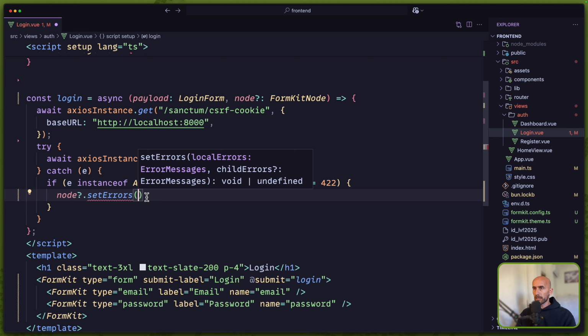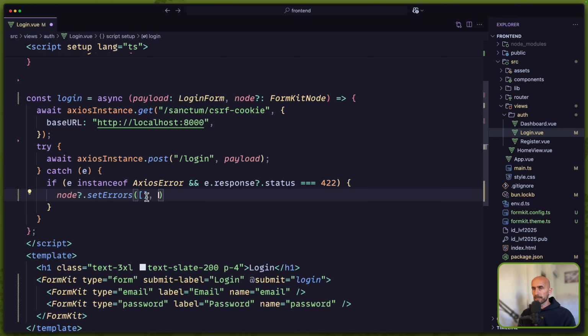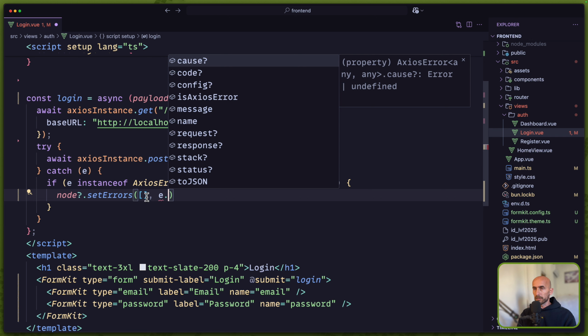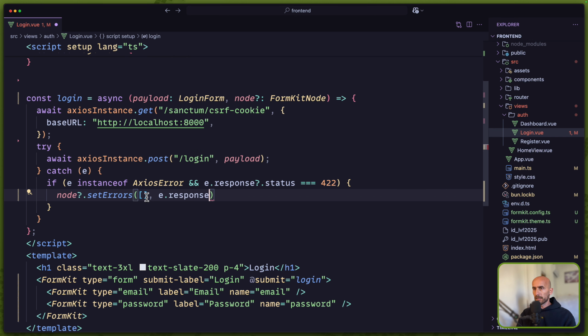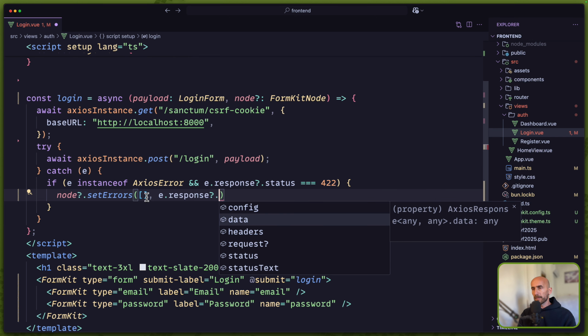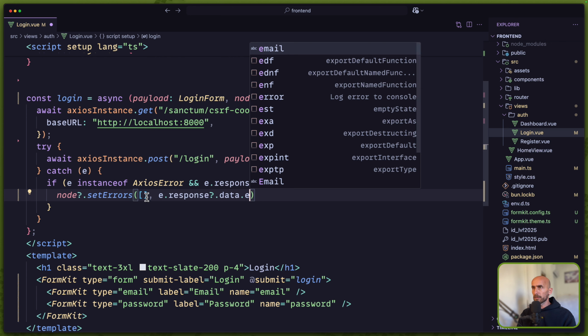So for the local errors, I'm going to say just an empty array, and then here for the child errors, I'm going to say error.response.data.errors. Okay,